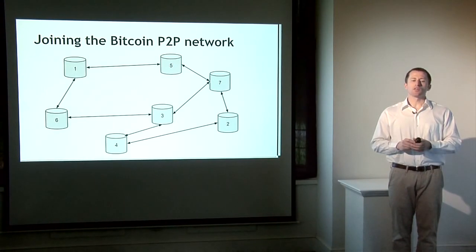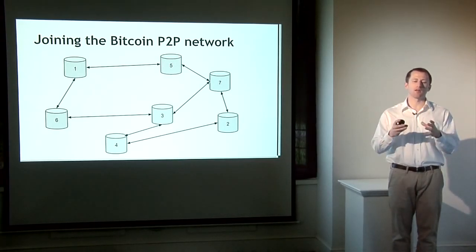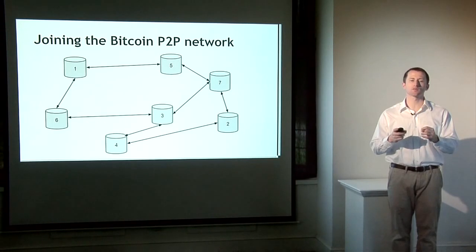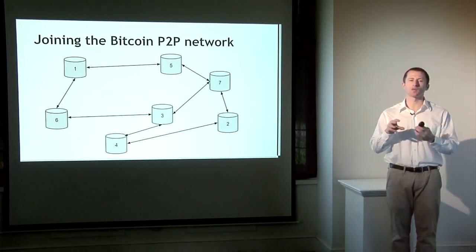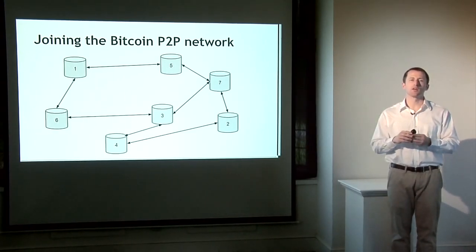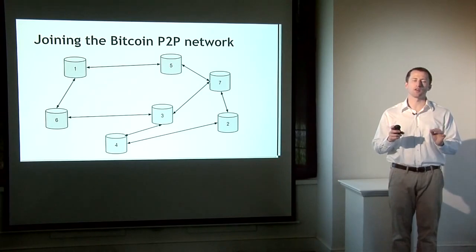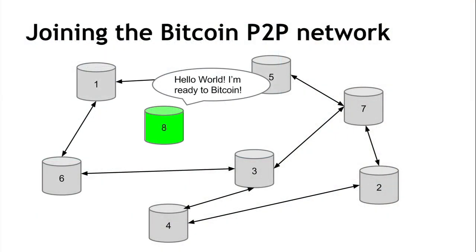So what does it mean that you can simply join the Bitcoin peer-to-peer network at any time? Well, this is a picture of the network at one moment in time, obviously scaled down quite a bit with just 7 nodes, but this is what it might look like, 7 nodes with all random connections to each other. And notice that the numbers are scattered around here because there's no geographic topology here. Networks connect to other nodes in a random fashion by design. Now, if you launch a new